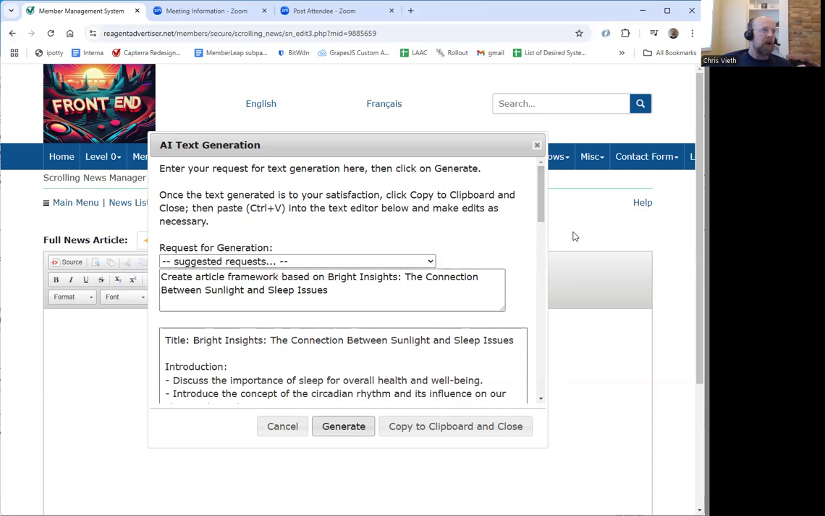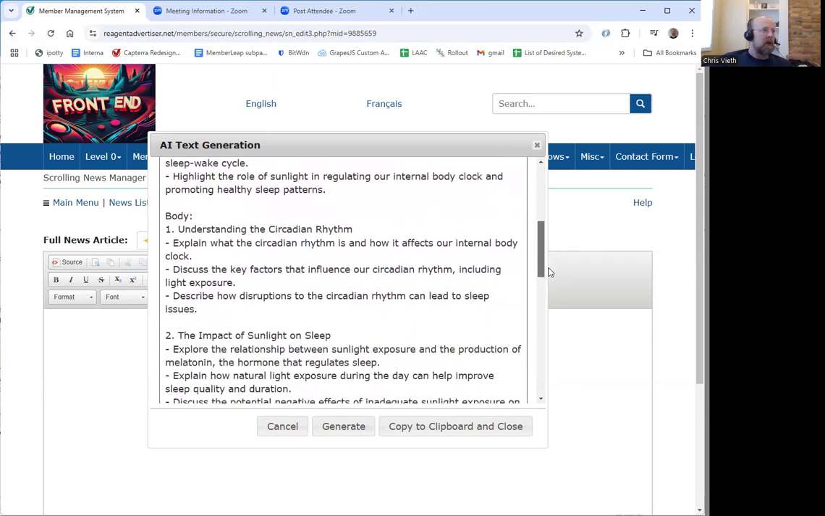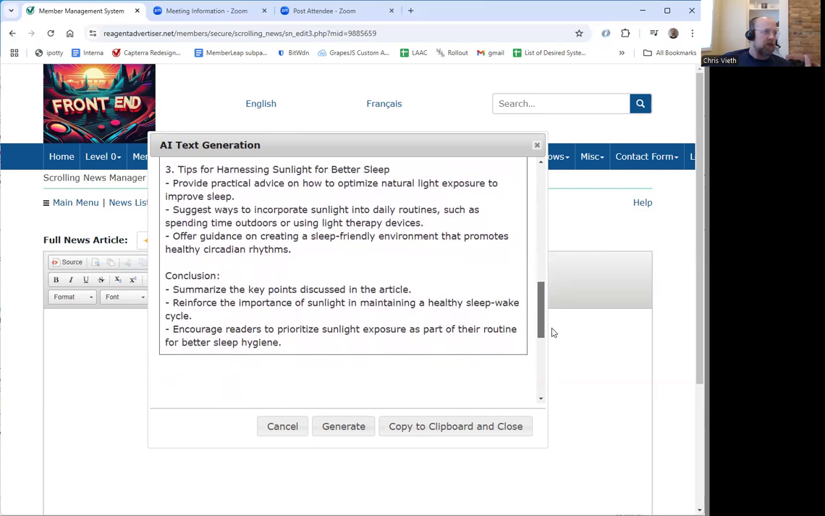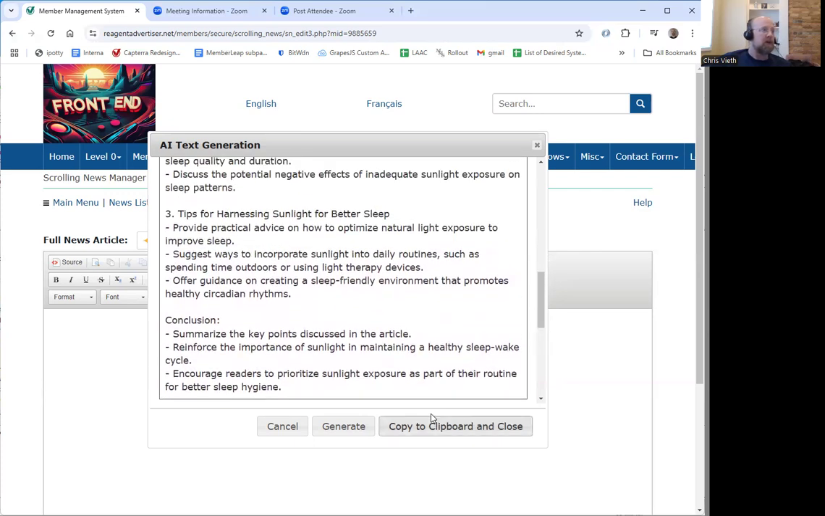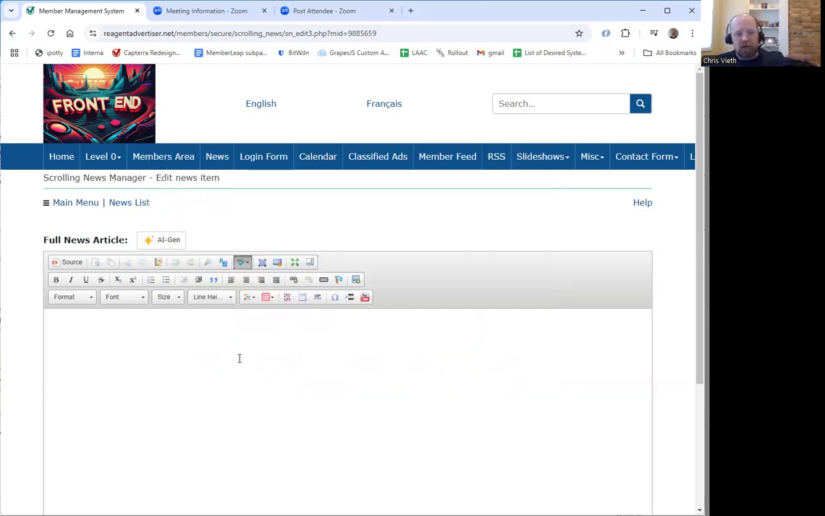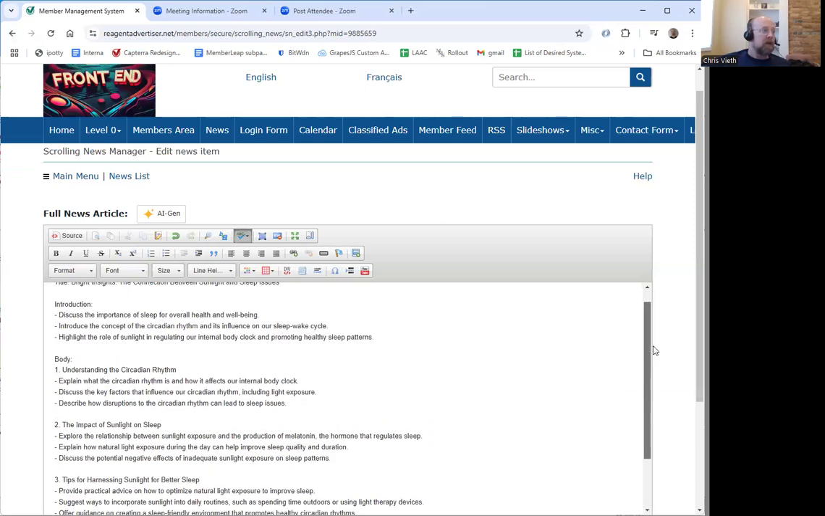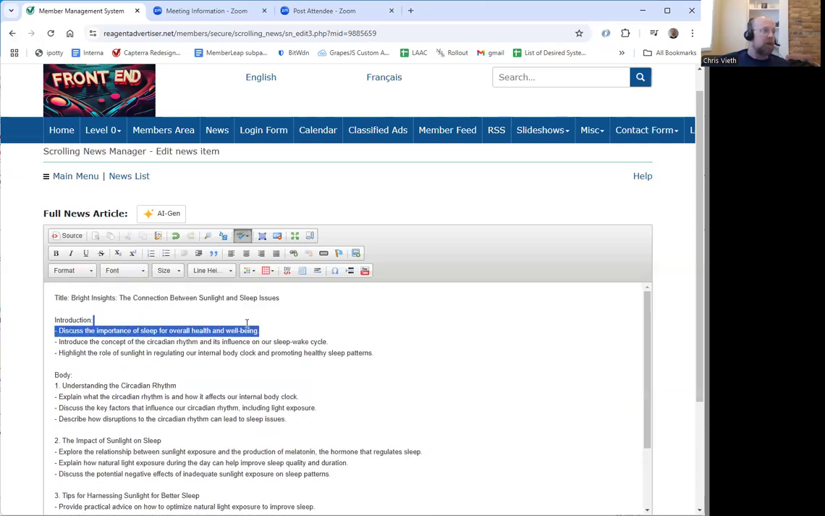So, create an article framework. Well, it creates an outline and suggests, here's how you can do this. A person could take this information, copy to the clipboard, Control V, and then later just go ahead and do the writing, replacing these bullet points with actual text that you could write. Beyond that,